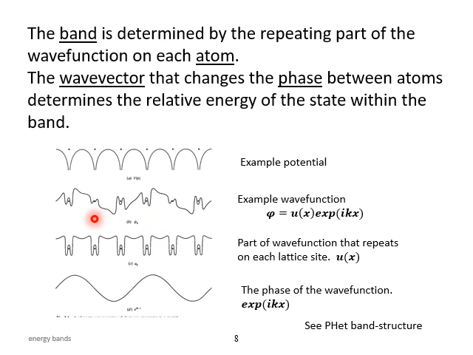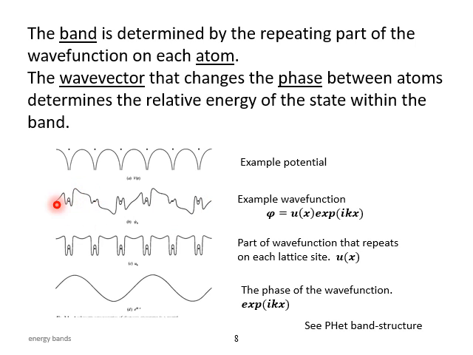The actual solution was proposed by Bloch, and it's called the Bloch theorem. It says that the wave function of electrons in the solid overall is a product of the wave function solved for each individual atom, times a phase factor. Remember that we're just representing, for example, the real part of the wave function here, or we might be representing the magnitude of the wave function. There is a time-dependent e to the i omega t, and there is a space-dependent phase that could influence the phase of the wave function on